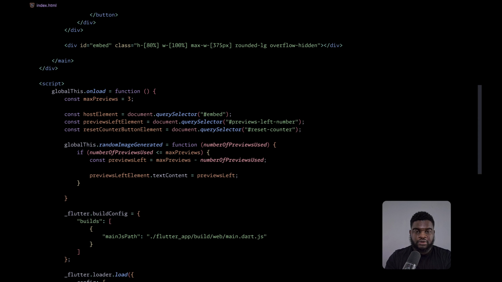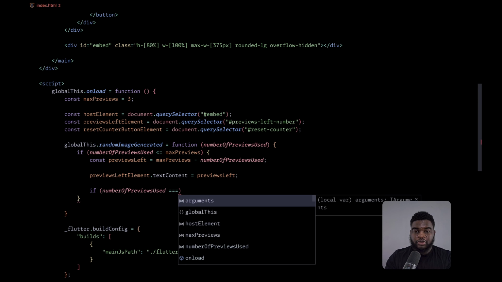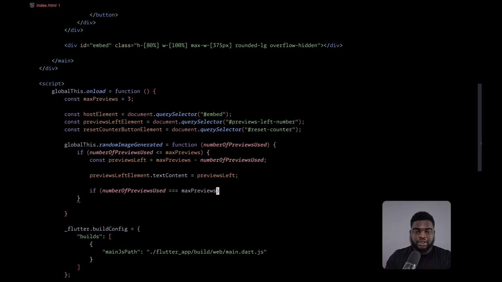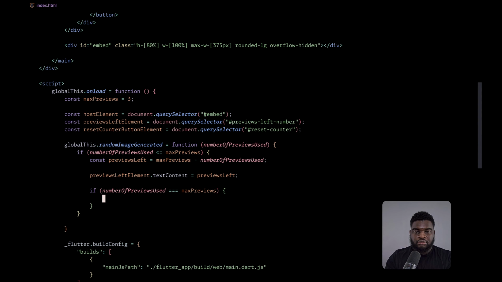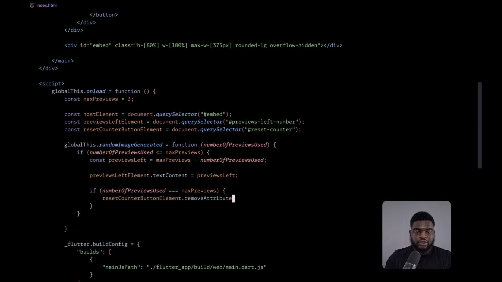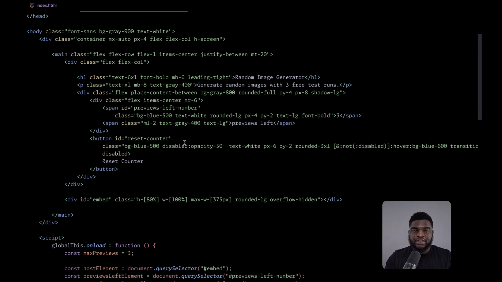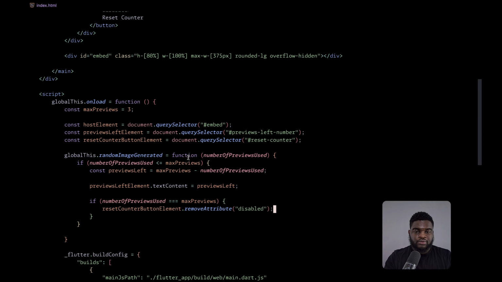So after we've done the decrement, check if this number of previews used is equal to max previews. And if that's true, we remove the attribute disabled. And this is because we have the disabled attribute on the reset counter button.